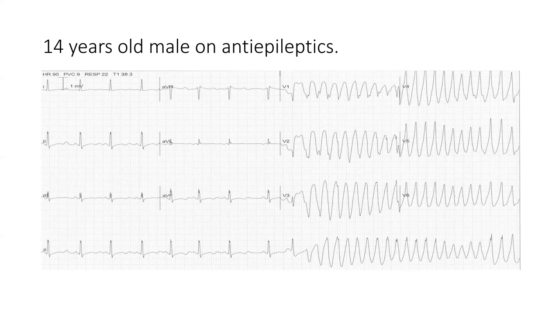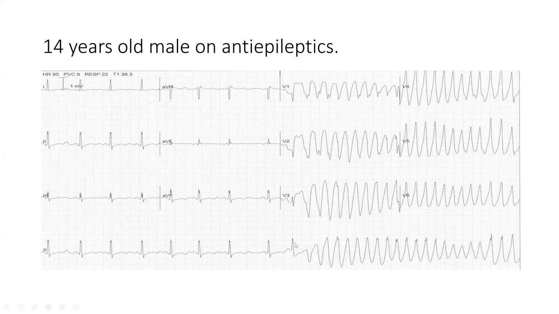Now it's better to divide the ECG into two parts: one is the arrhythmia and one is the normal one. In the normal one, get the axis, which is normal, and there is no other obvious finding except one. If you look at lead 2, the QT is prolonged. If you just follow this long lead 2, there is a long sequence followed by a short sequence, then